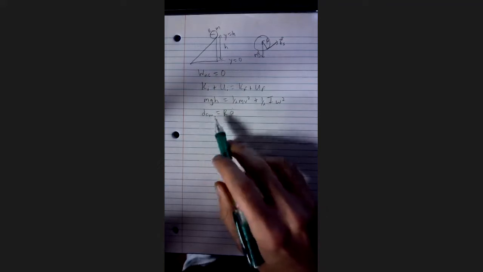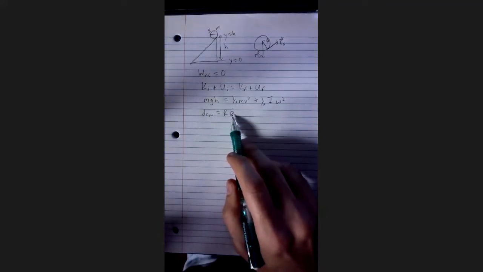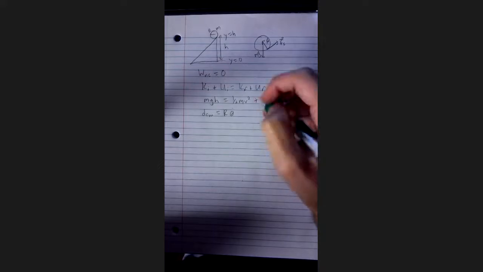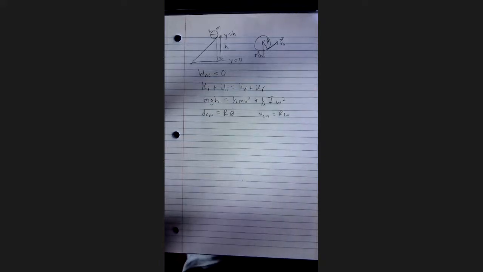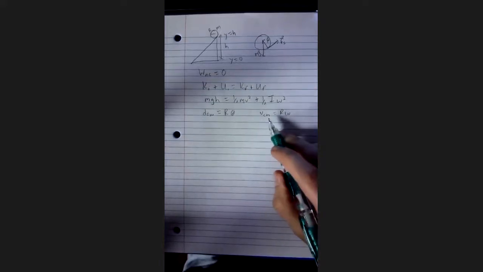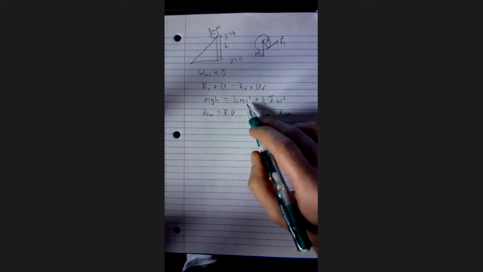Now, if we differentiate this, we can see that our r is a constant. So the only part that we have to differentiate on this side is our theta. So the velocity of our center of mass is the same as our radius times our angular velocity. Now, the velocity of our center of mass is the same velocity that we have in our translational kinetic energy